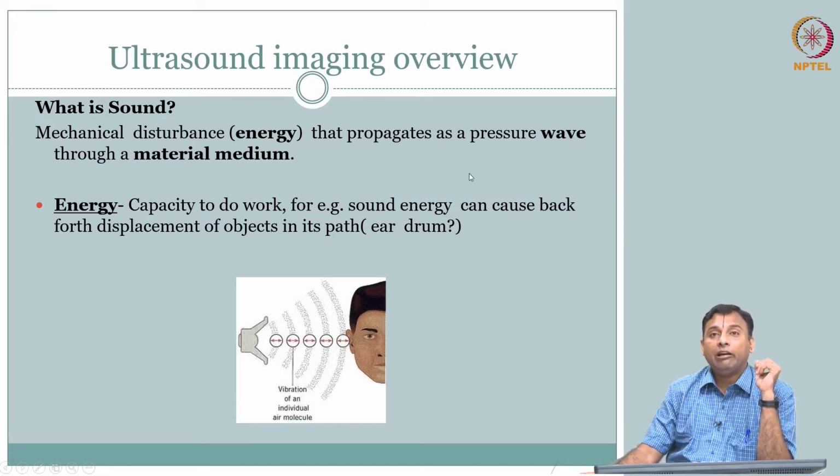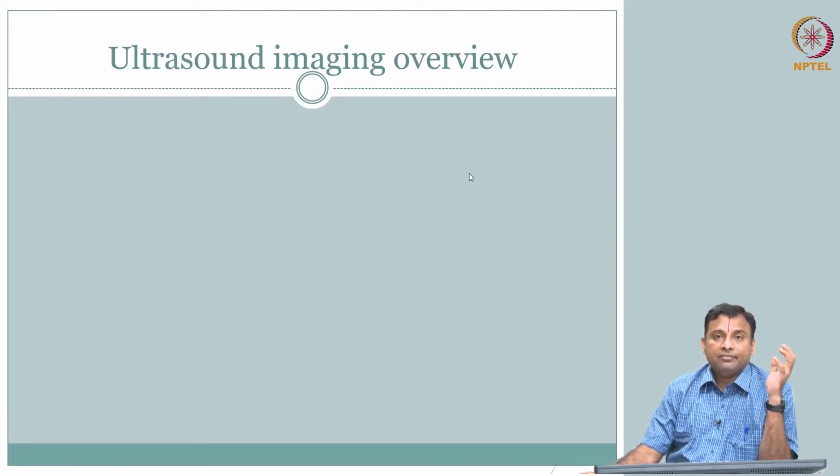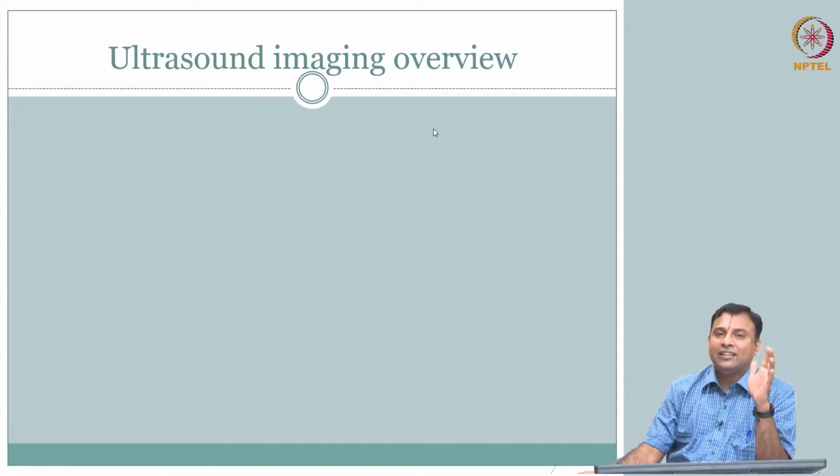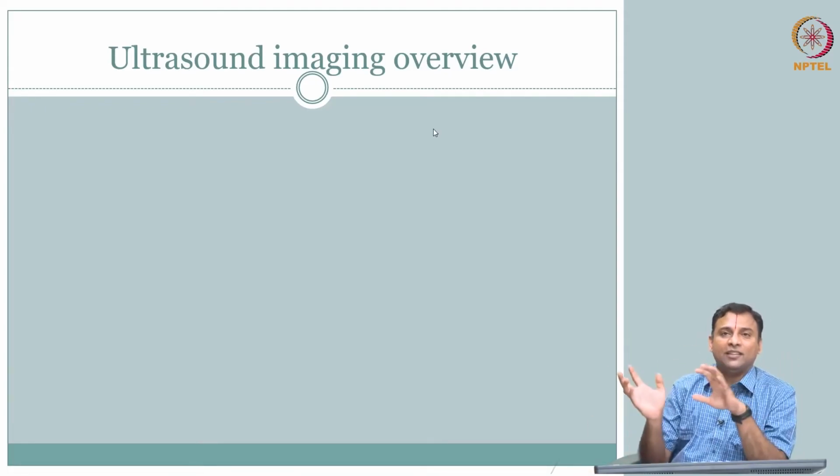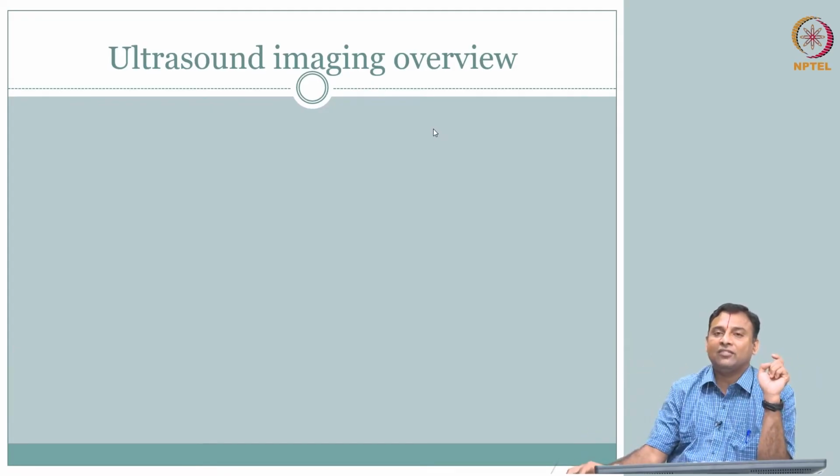What do we mean by wave? This is not an electromagnetic wave. We covered the electromagnetic spectrum, which we sometimes also call electromagnetic waves, and we had radio frequency waves, and microwaves. But sound, ultrasound, is not going to be there in your EM spectrum. This is a modality that is not there in the chart that we started out with. So, this is different,